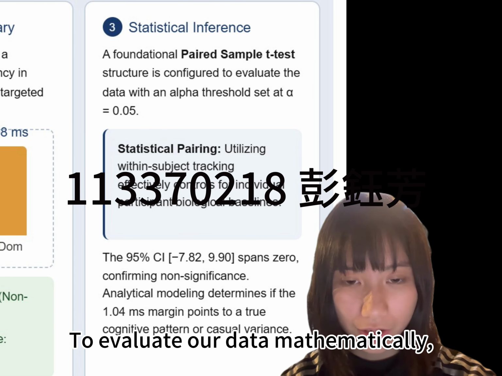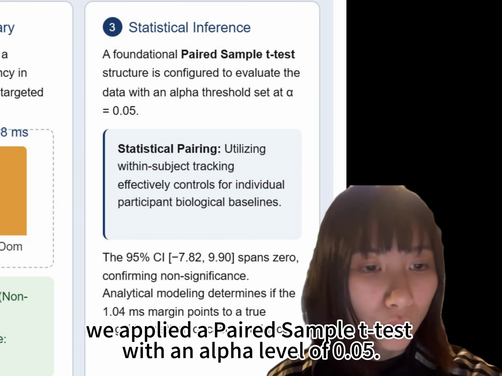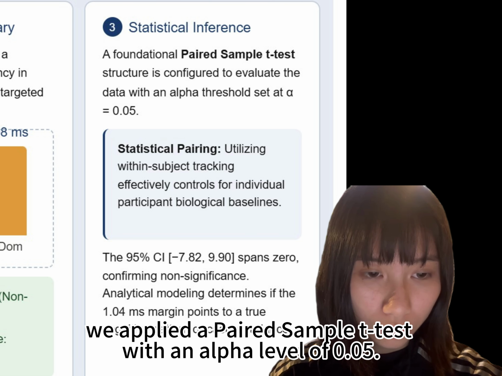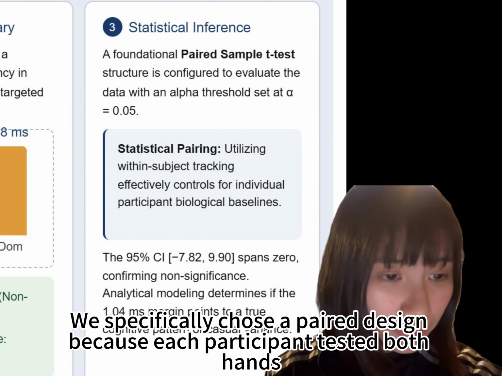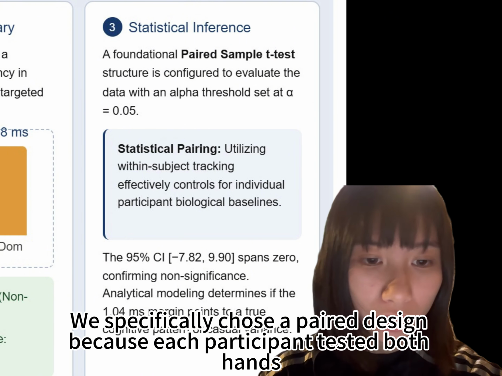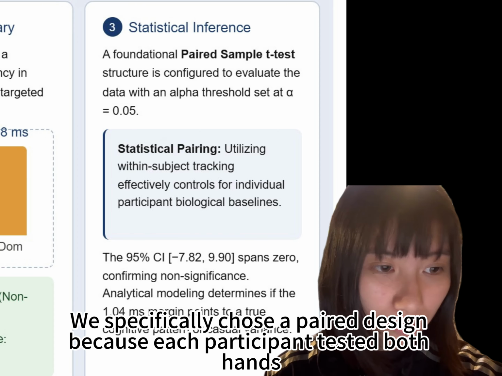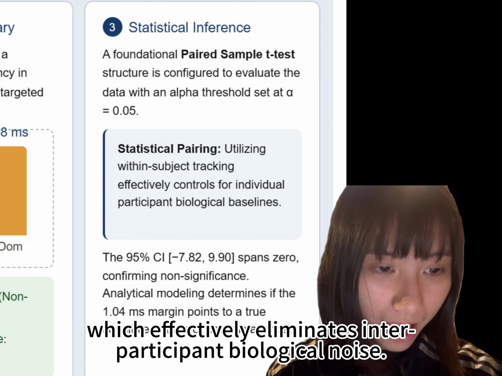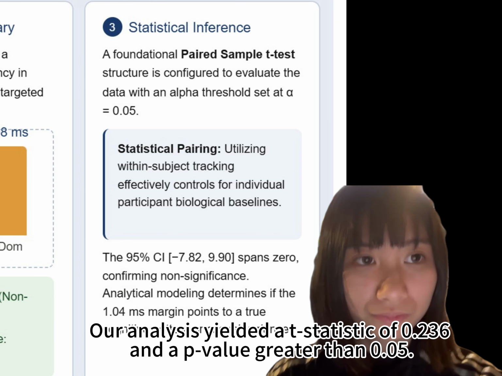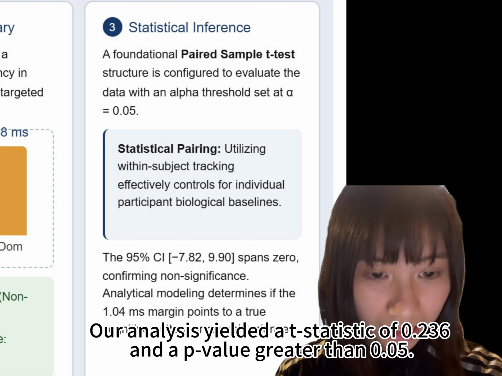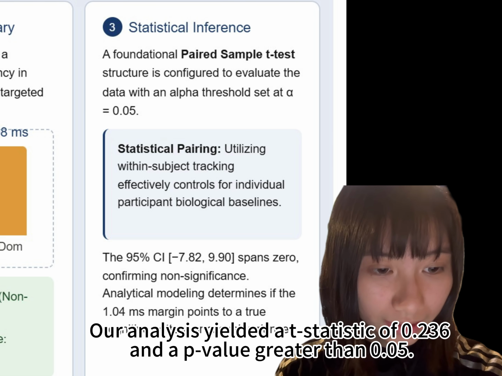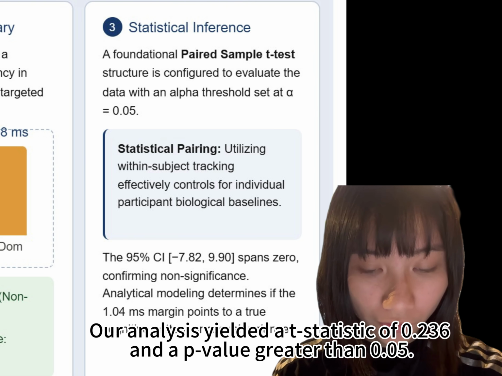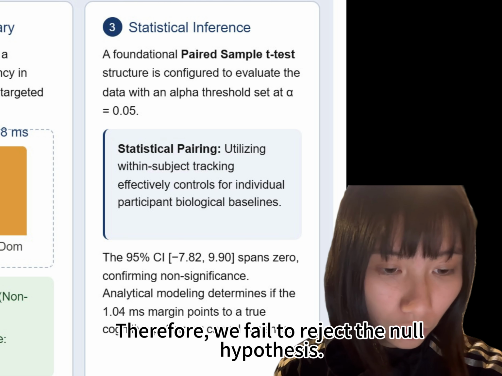Thank you. To evaluate our data mathematically, we applied a paired sample t-test with an alpha level of 0.05. We specifically chose a paired design because each participant tests both hands, which effectively eliminates inter-participant biological noise. Our analysis yielded a t-statistic of 0.236 and a p-value greater than 0.05. Therefore, we fail to reject the